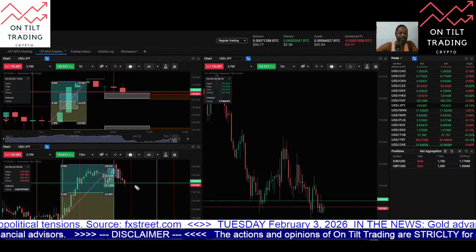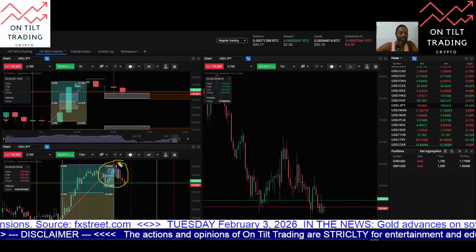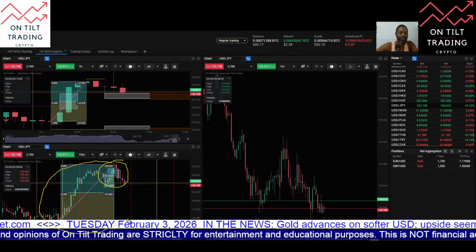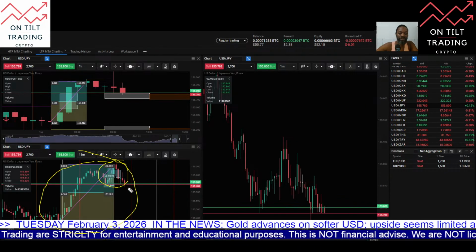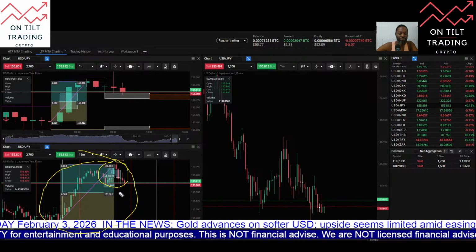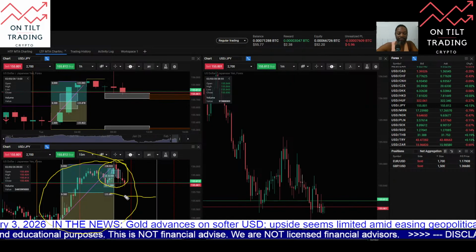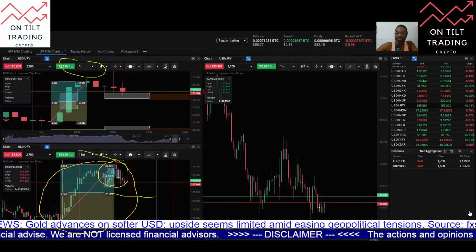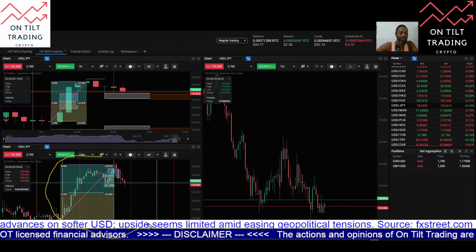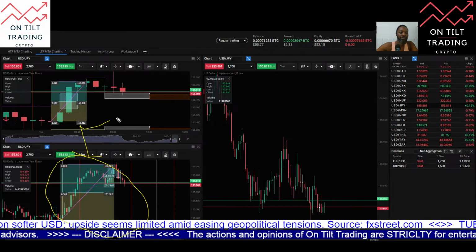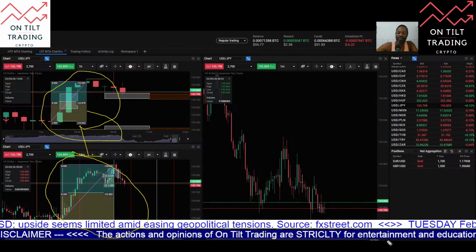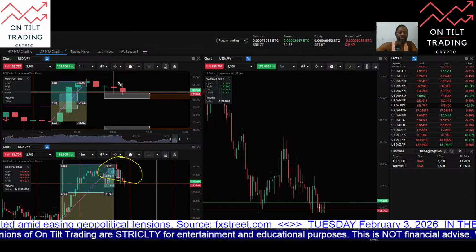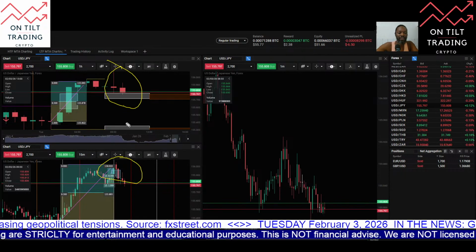So understanding that this area here, this dealing range, is just a part of a larger dealing range, and this larger dealing range may be what is controlling price action here, and price may need to get back to this level here based off of the hourly. So this here is equivalent to this here,